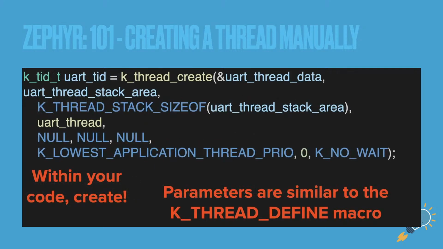This is the most important part right here. Somewhere later in your code, maybe in your main function, maybe somewhere else, if you want to start using or you want to create and spawn this thread, this function will actually create and spawn the thread. So we're taking that thread data, that stack area data, or actually the context